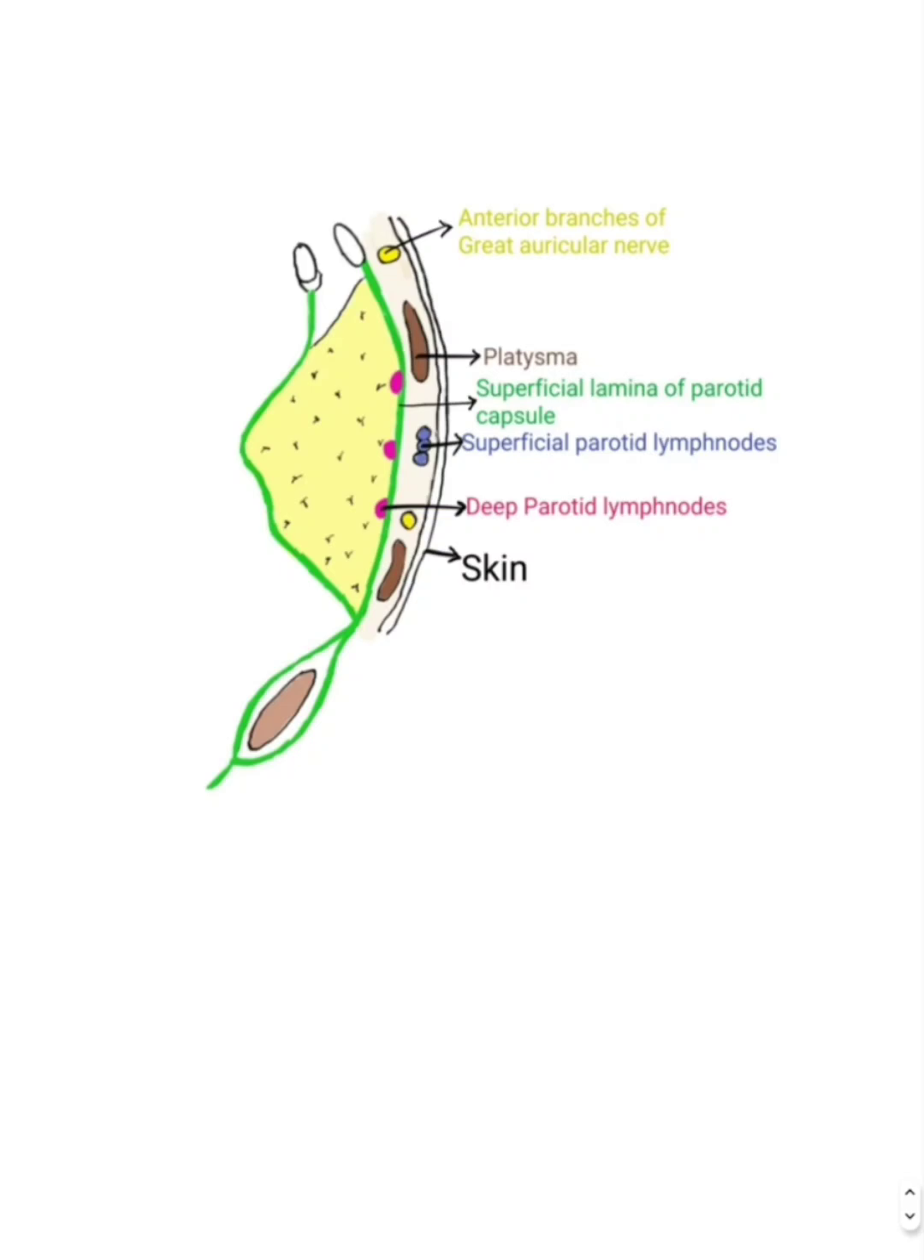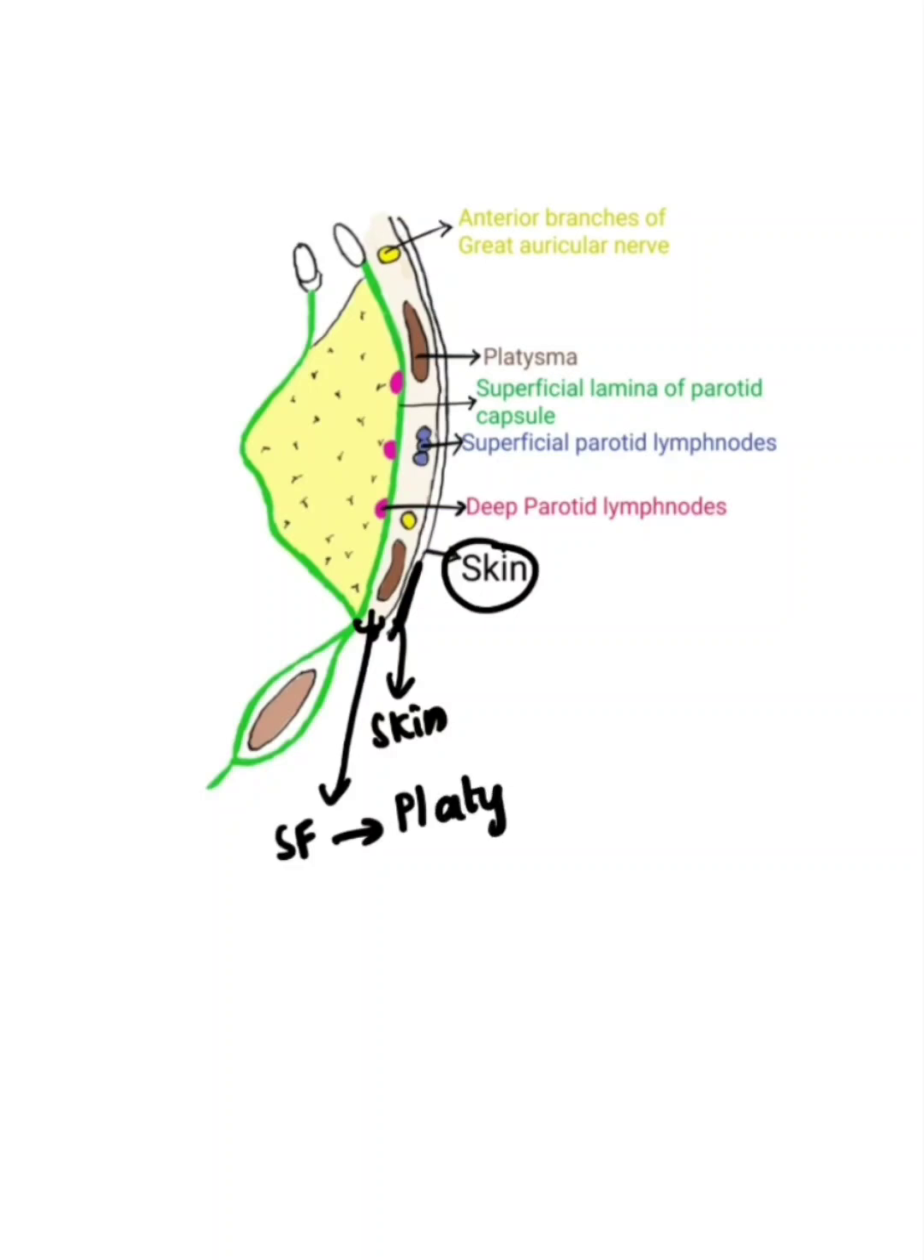It is covered from superficial to deep by skin, superficial fascia, superficial lamina of parotid capsule, and deep parotid lymph nodes embedded within the gland. Skin. First, you are able to see the skin. Next, there is superficial fascia. The superficial fascia contains platysma. You can see here the muscle fibers of platysma,